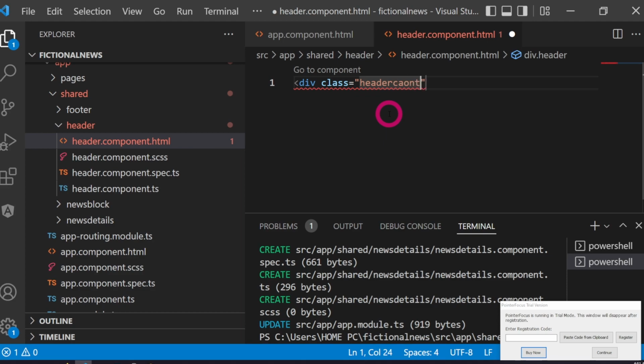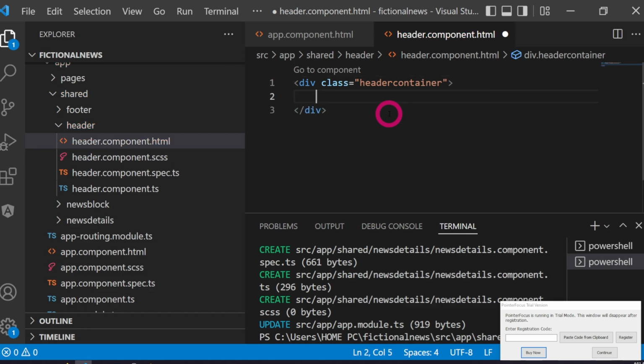So I'm just going to continue like this. That is my class. Now if you like camel case, you can always do camel case. But for this tutorial I'm just going to keep it simple. So this is the wrapper.